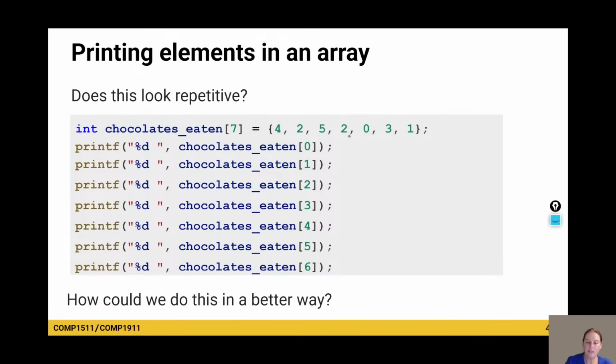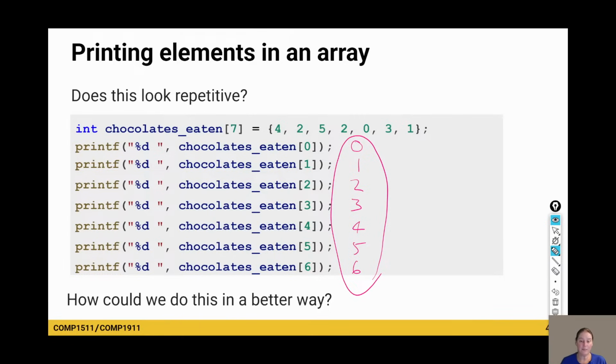So if we notice, often when we're dealing with an array, we might go through it one by one, right? If we're printing the whole thing out, we're going through each index. We need to go to the one at index 0, index 1, index 2, index 3, index 4, index 5, index 6. So it's very easy to write a loop that can generate these numbers, right? We all know how to do that loop, or we've all sort of seen a way you could do that loop. But now when we generate those numbers, we use them for our index into our array.